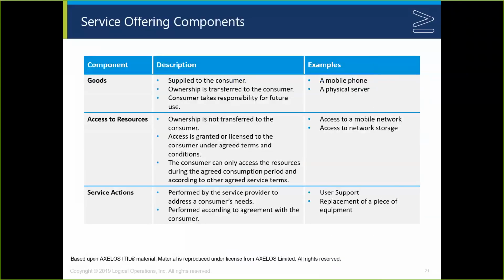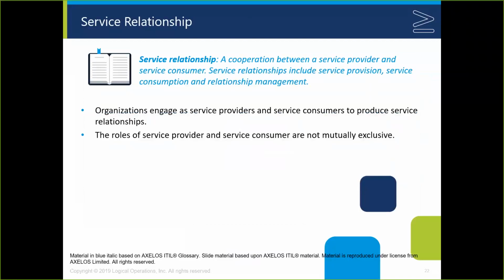And then they specifically break that out into three main components. So here we talk about this idea of goods versus access to resources versus service actions. And so some particular service offering might be some combination of these three things. And so this begs good questions like, okay, for a particular service, what might the goods look like? What might the accesses look like? What might be some of the service actions or supports that we might need to offer in order to be able to deliver that capability on behalf of the customer? They introduce the definition of service relationships, and then of course they're not mutually exclusive. Right, so service providers may serve many consumers.